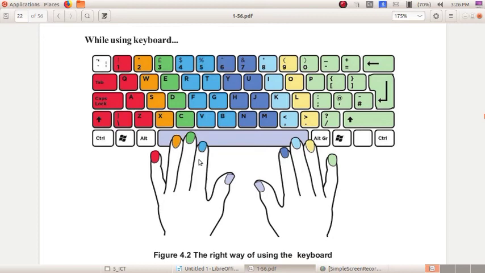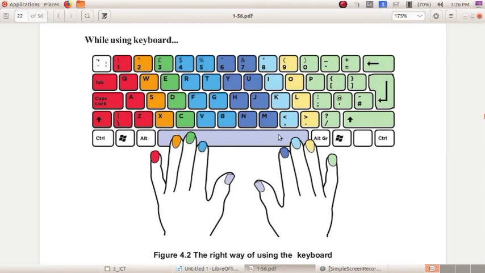So how are you all pressing? You are using only one finger, isn't it? That is the wrong way. You want to use the right way to press the keyboard. Just examine the picture and you can see so many colors. Here you can see the space bar key.